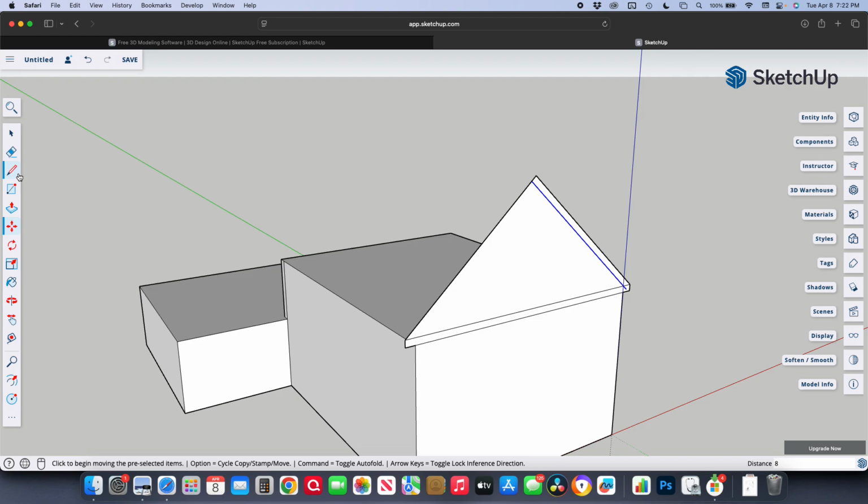I do the same thing with this line. You'll notice it only grabs this part of this line. That's fine. I'm going to go move. Make sure I'm copying it by pressing the alternate button on yours. Click it, start it down, drag it along that line, enter the number 8. And what I should have